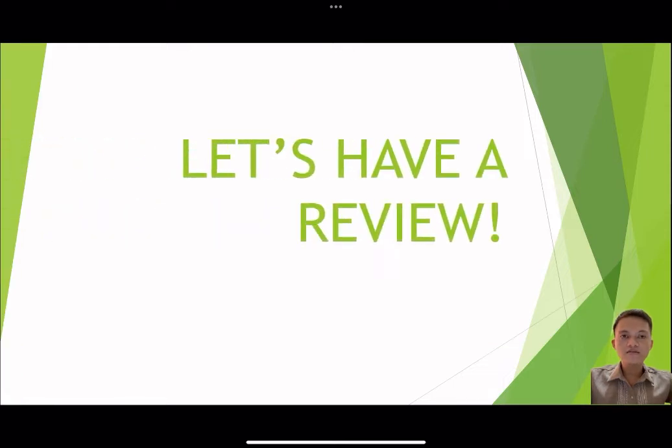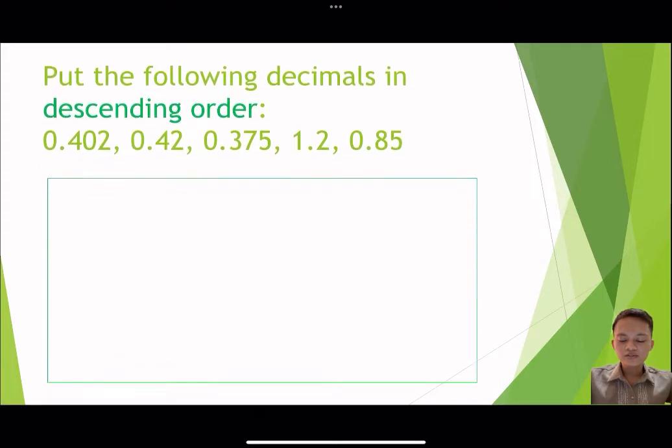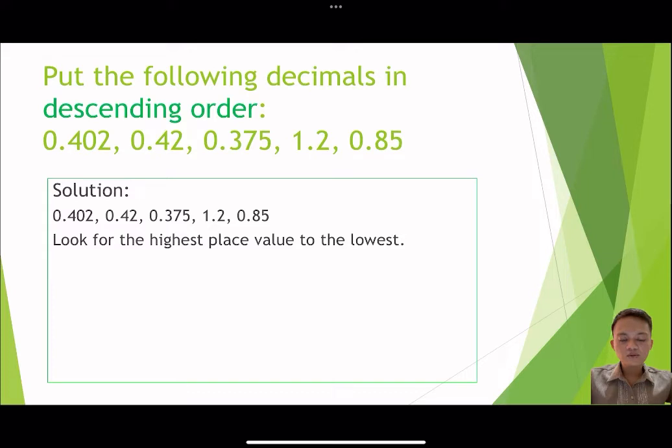Let us first have a review. First is put the following decimals in descending order. When we say descending order, we are going to arrange the following decimals from highest to lowest. We have 0.402, 0.42, 0.375, 1.2, and 0.85. So for the solution, we are going to look for the highest place value to the